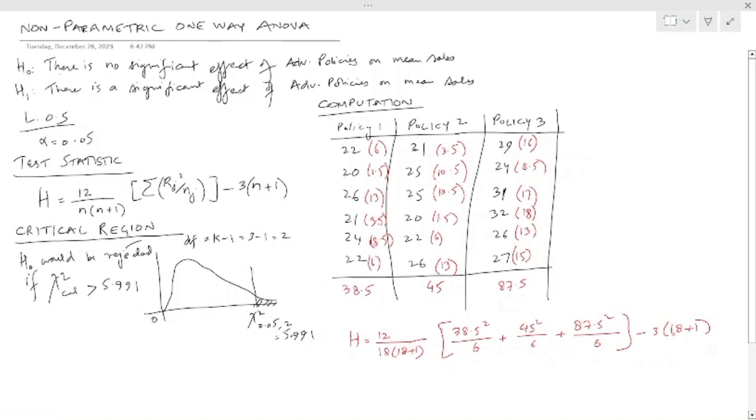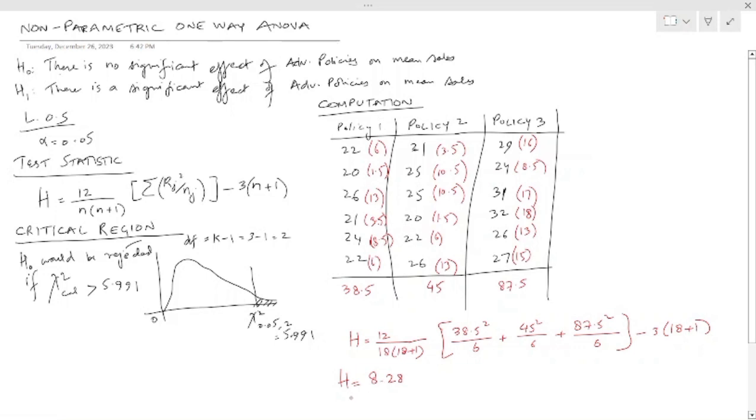Then we multiply it by 12, then divide this answer by 18 times 19. That comes to 65.2, and then we subtract from this answer 3 times 18 plus 1, that's 19. So 3 times 19 gives us 57, and 8.28 is the value of the H statistic